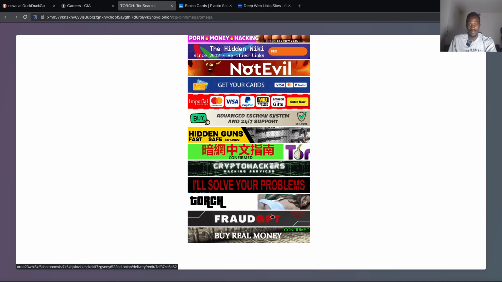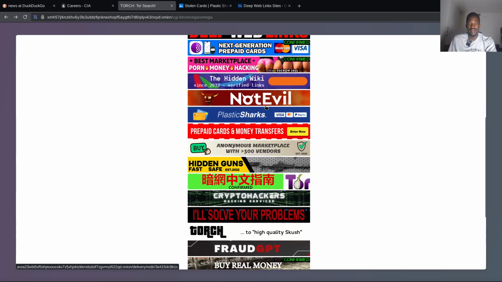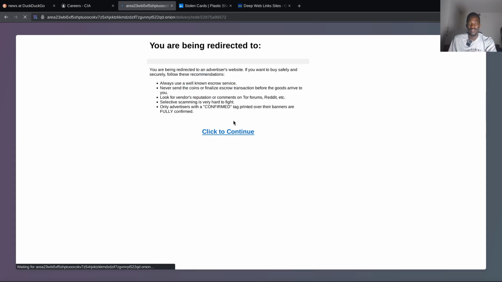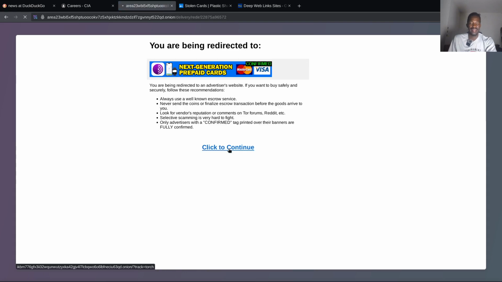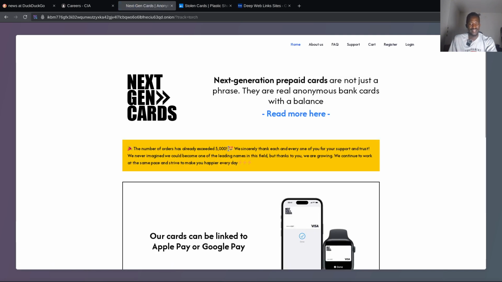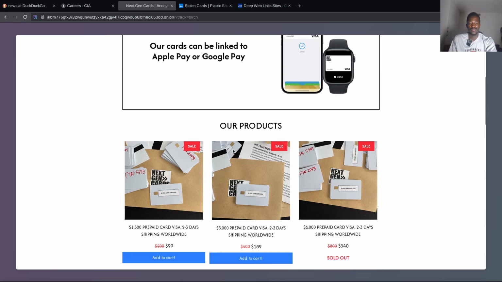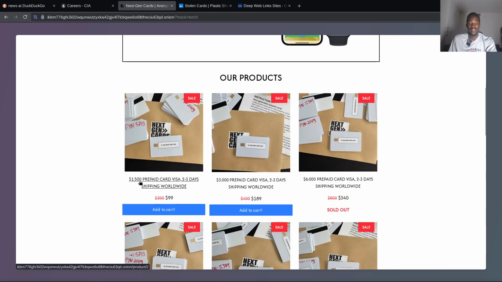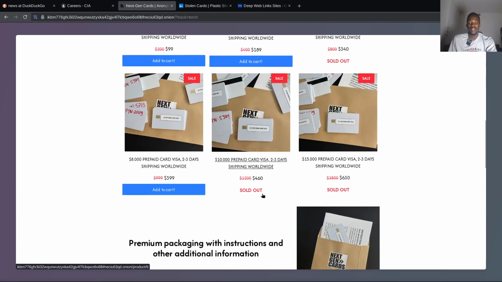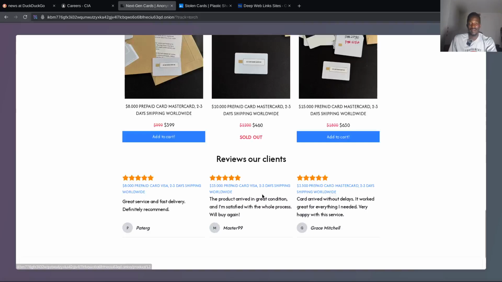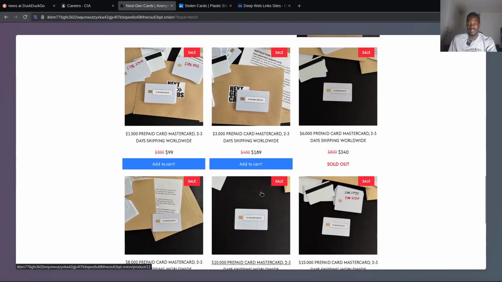So there's one here. Where is it? If I'm not wrong, it's this one, whereby we had the listings of those credit cards and the amount they hold. Is it called the credit card score? You see, one bearing 1500 prepaid card Visa, 2 to 3 days shipping worldwide. It means wherever you are in the world, it can reach you in 2 to 3 days. You only buy it at $99, and these are some of those ways scammers or hackers use.